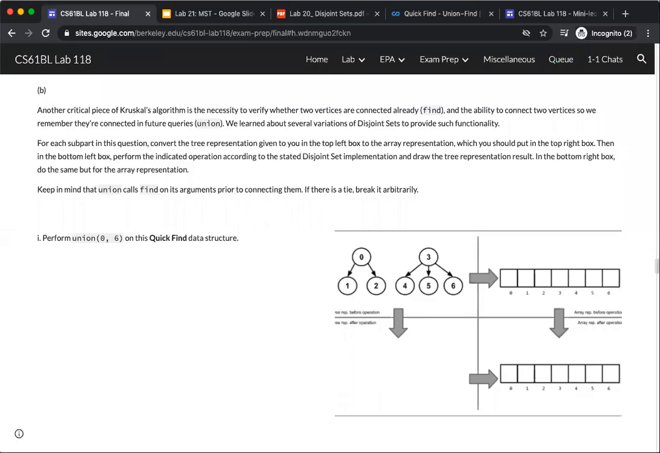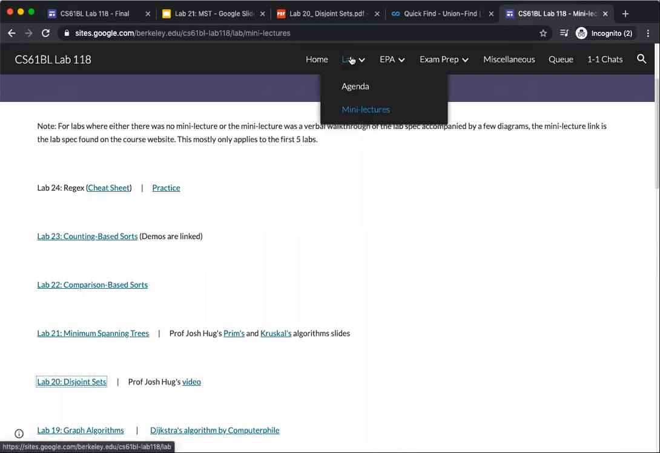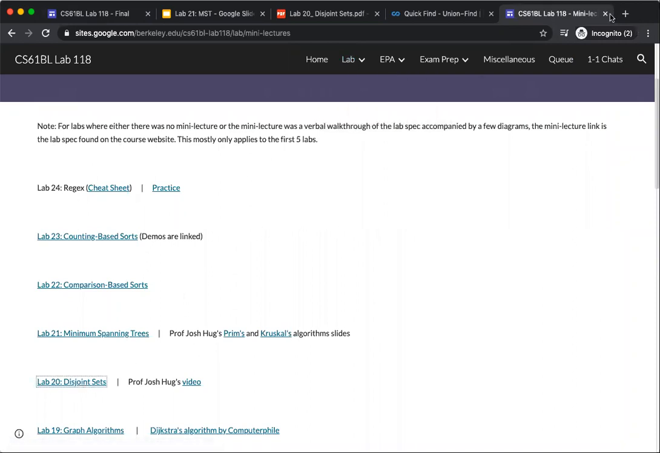For part B, we are going to be exploring different types of disjoint set implementations. So first we have a quick find data structure. If you recall what quick find is, let me go to a mini lecture. This is going to be found under lab mini lectures and then lab 20 disjoint sets. Okay,